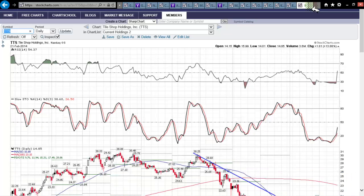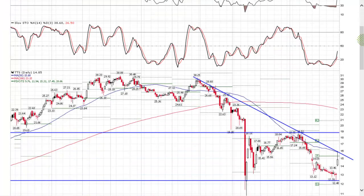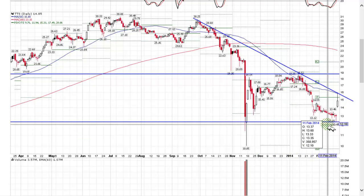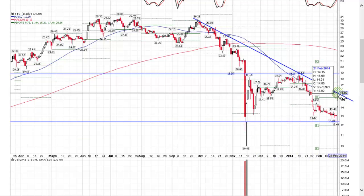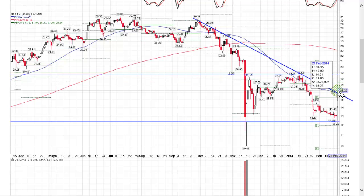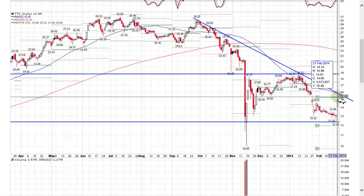Next stock up is for John, TTS, Tile Shop Holdings. I haven't seen this one in a long time. Good rally off this double bottom setup. I would be a buyer on a close above, say, the 50-day moving average, which is now flattening out